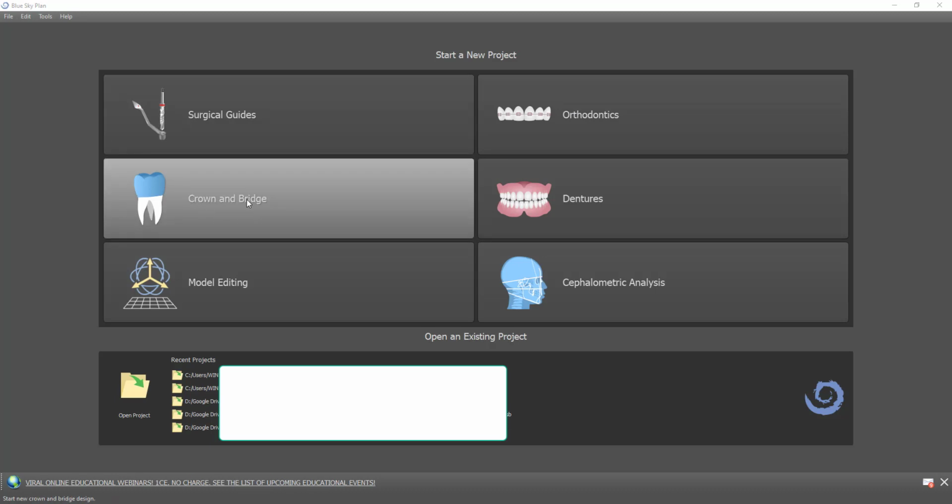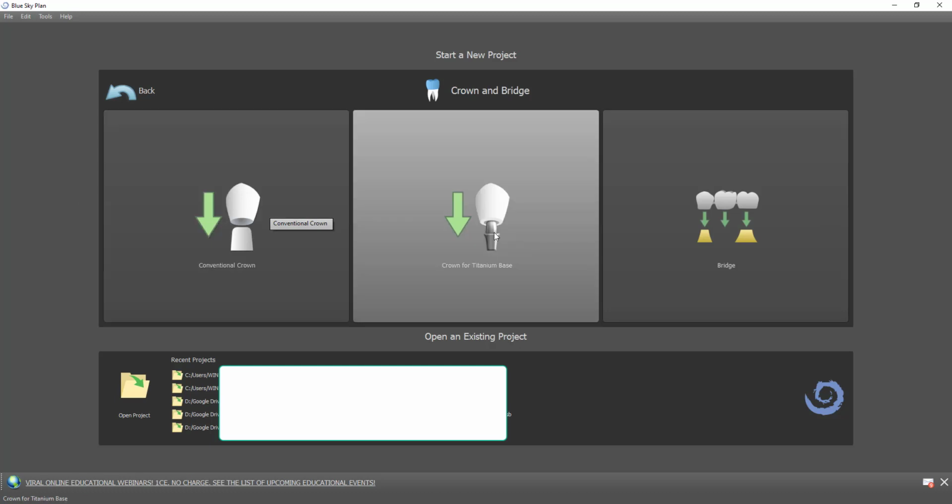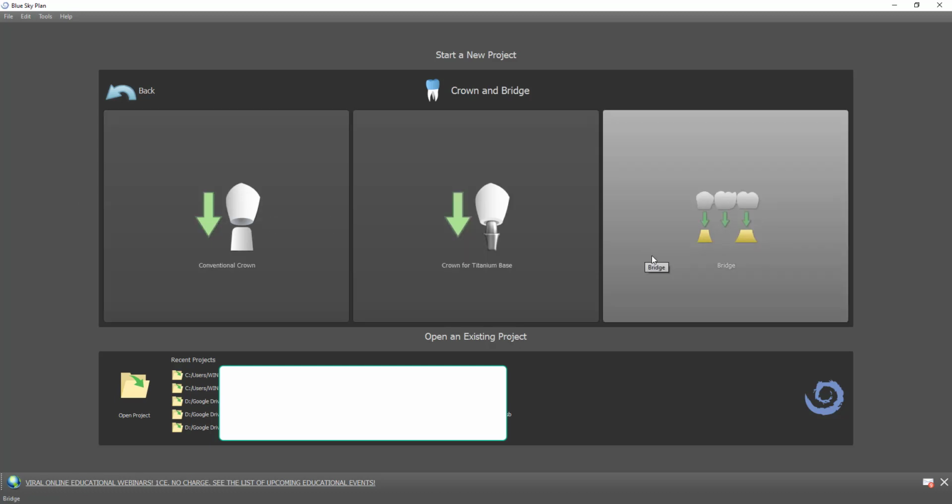Okay, I'm going to start the process by clicking on Crown and Bridge. The process that we're going to be doing, we're going to break down into 4 parts. The first part being importing and aligning the data set. The second part being positioning and designing the teeth. The third part, generating the crowns, and the fourth part, of course, creating the bridge. I'm going to select the option for bridge,